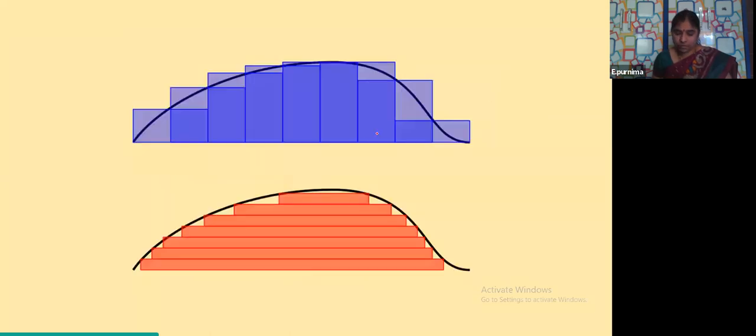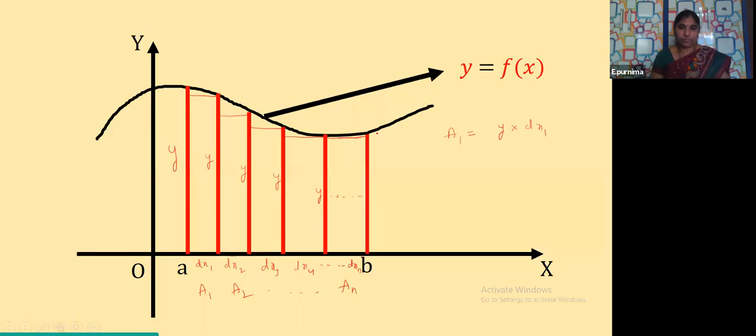What is our y, children? Nothing but our f of x1. I am writing it as f of x1 into dx1. Similarly, A2 is what, children? A2 is f of x2 into dx2, and so on. Yes, so we continue the same thing here. If we continue like this until An, I'm finding it becomes f of xn into dxn.